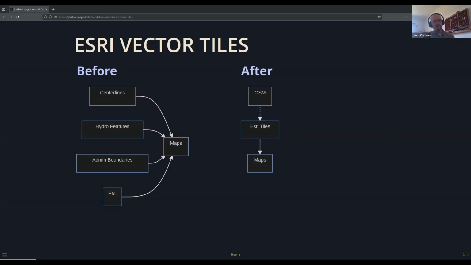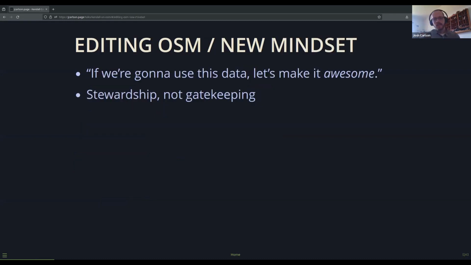Because everyone in the county wants just labels on top of imagery. So vector tiles are great for that. And we added those to all our public maps. And that was kind of the first time we were officially using OpenStreetMap data in some of the stuff we were putting out publicly. But what happened after that was, we would get feedback saying, oh, this road is misspelled, or this feature should or shouldn't be here. And so the solution to those problems was to edit OpenStreetMap. And that's where it first became an official activity that our department did.